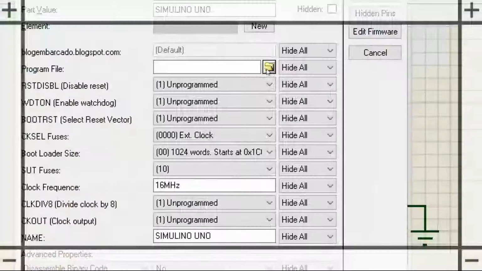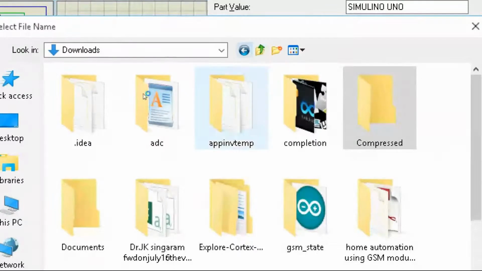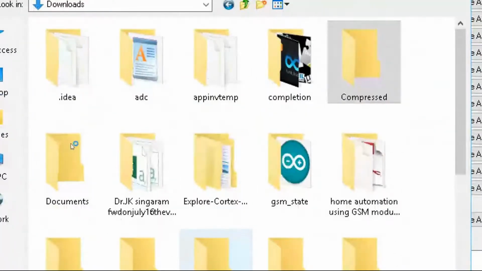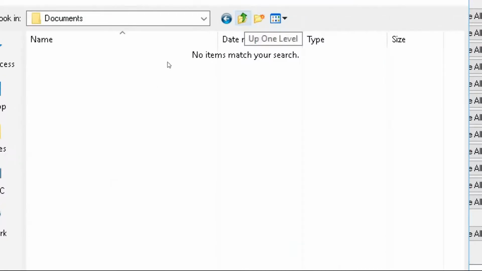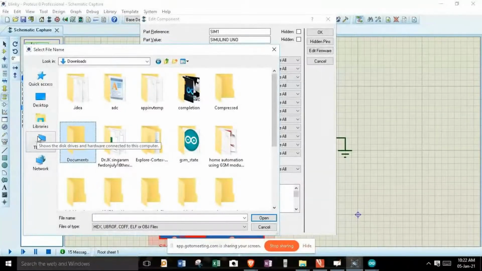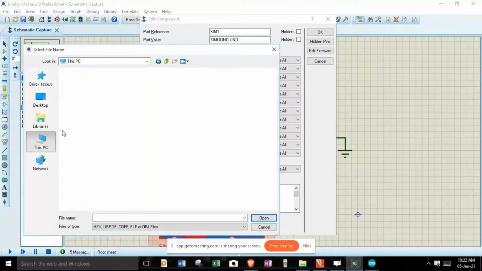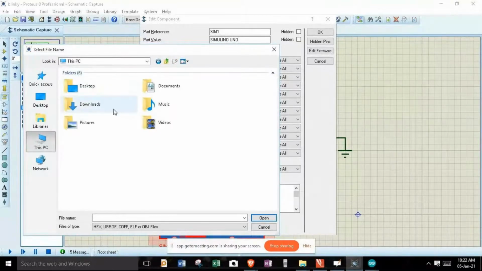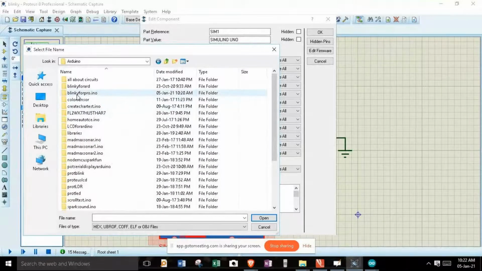You single tap on this, and we've got to go to Documents, then Arduino, and here is where I can find my folder.